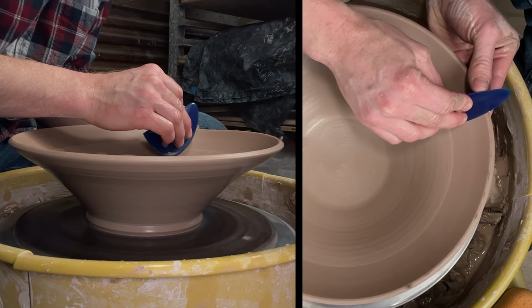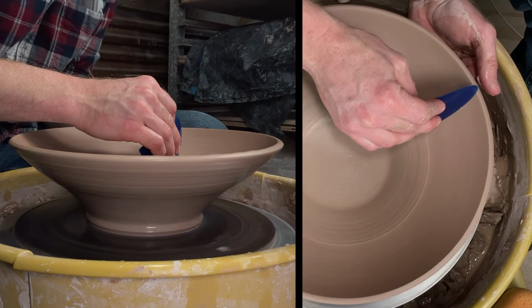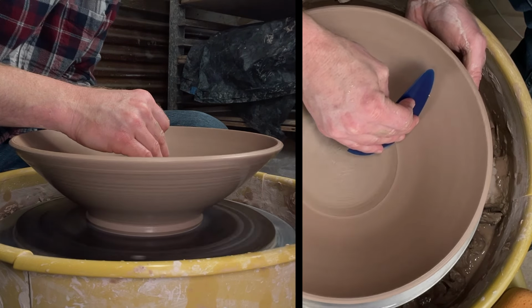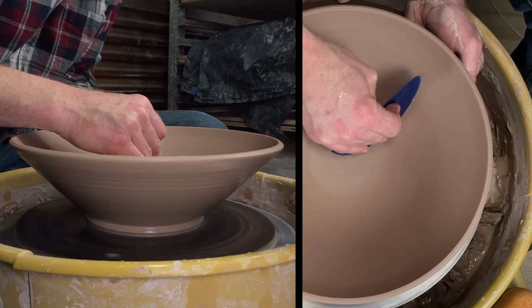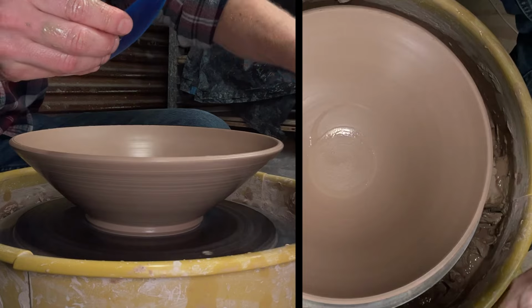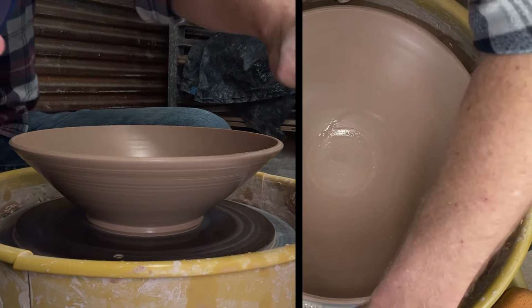So I'm going to start out here at the rim, and then as I have pushed down there, I'm supporting it on the outside with my left hand, pushing down towards that bottom with my right, using the curved side of the rib, as you can see here. And I want to clean that excess clay off the rib. Alright, so now I've got even more of a nice curve on the inside there, but now I want to